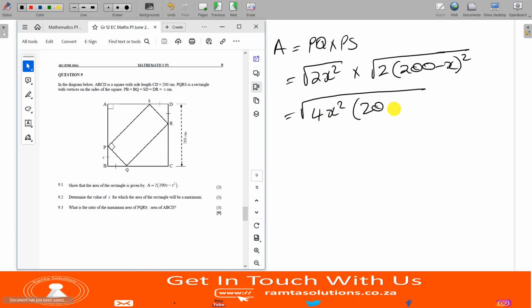And then 200 minus x all square. Now, square root of 4, because these are products, square root of 4 is 2. Square root of x squared is x. Square root of 200,